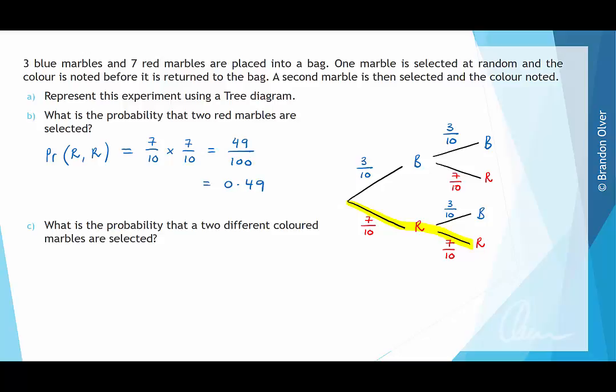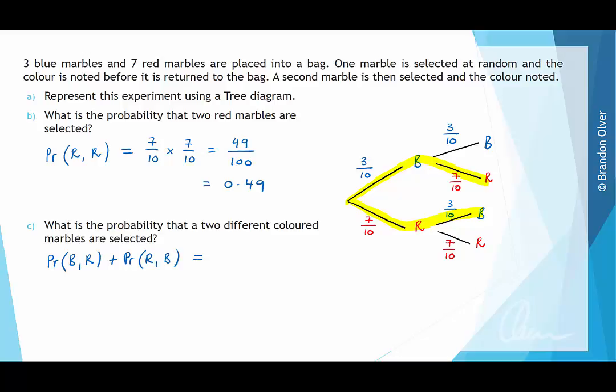For part C, we're asked what's the probability that 2 different coloured marbles are selected. So selecting 2 different coloured marbles, you could get a blue the first time followed by a red, or you could get a red followed by a blue. Therefore, we're looking at the probability of blue then red plus the probability of red then blue, which is going